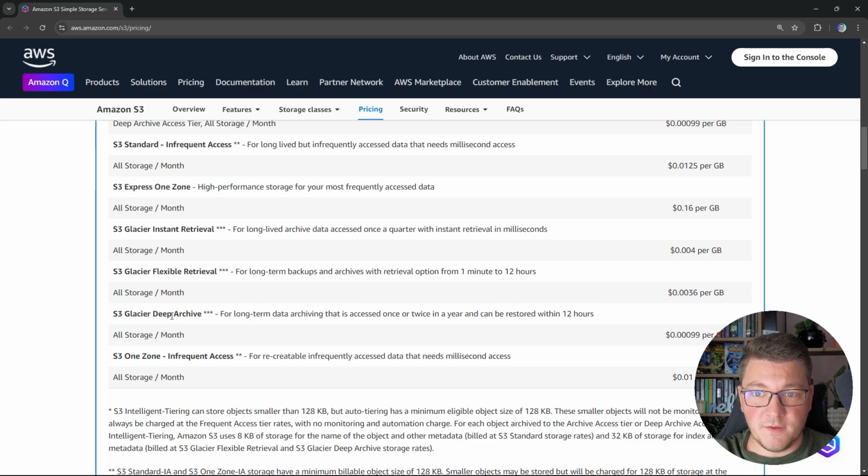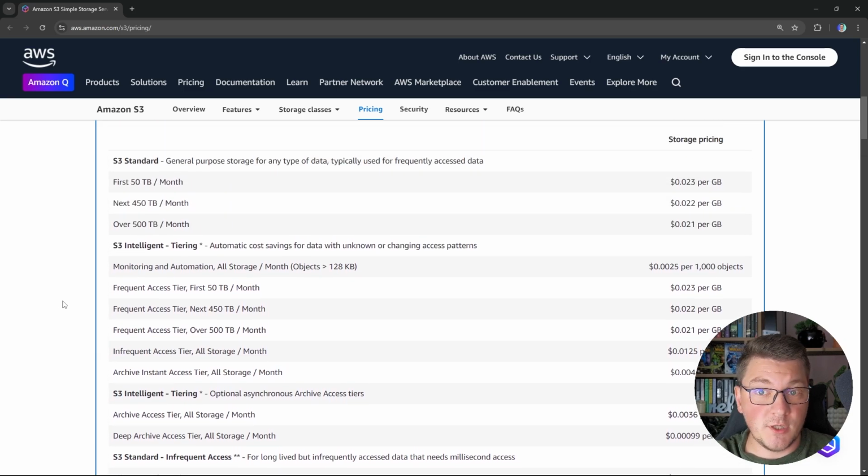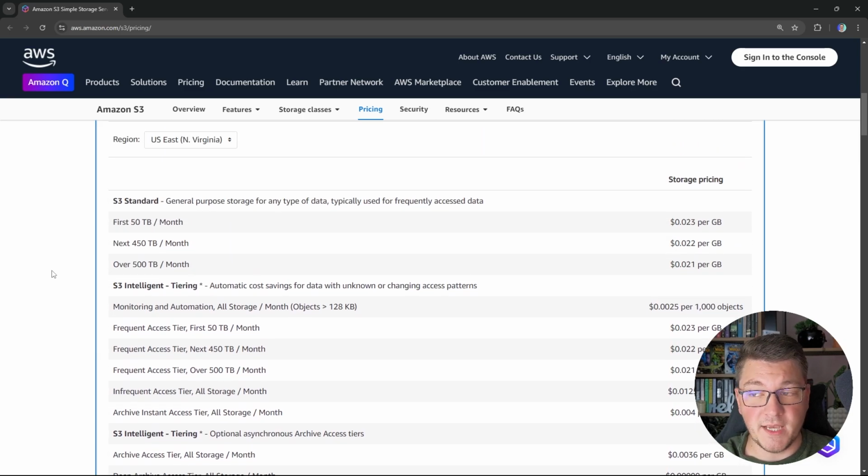So these are just some things to keep in mind when it comes to how you're storing your files in S3 and which tiers you're using. This will impact both your S3 costs, and it's also going to impact how fast you can get the data back from S3. So now let's go back to our API and see how we can implement support for multi-part